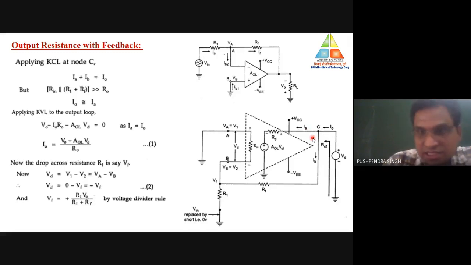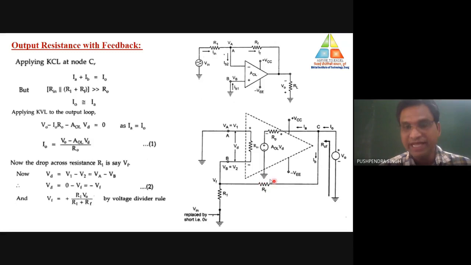So let us discuss this first path. Here internally, one internal resistance is connected inside the operational amplifier. These complete components are inside the operational amplifier. So in this series path, one internal resistance R0 is connected. Already I told you the value of this resistance is 75 ohms, the output resistance of the operational amplifier. Then in series with this output resistance, one voltage source AOL into VD is connected, and that is grounded. So only one resistance is present in this particular part, and the value of that resistance is 75 ohm.